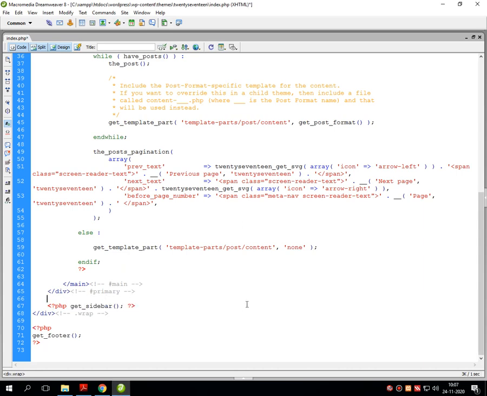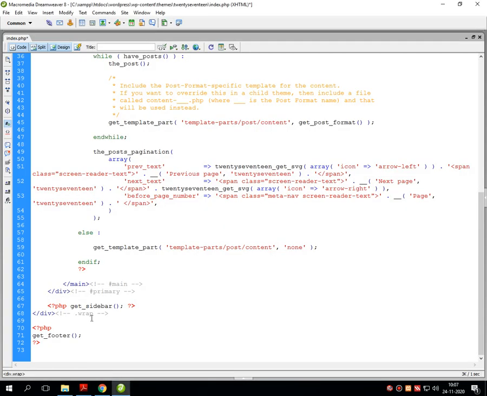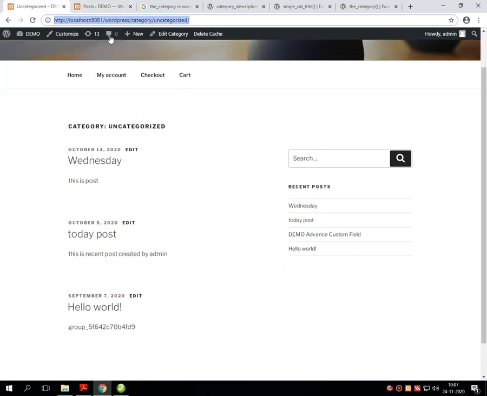For that, I'm removing the previous functions and copying this the underscore permalink function as it is onto the screen. So I'm copying this and pasting into the PHP hook like this. No need to give the bracket, and here I'm writing an echo statement with a semicolon, and I'm refreshing my home page.